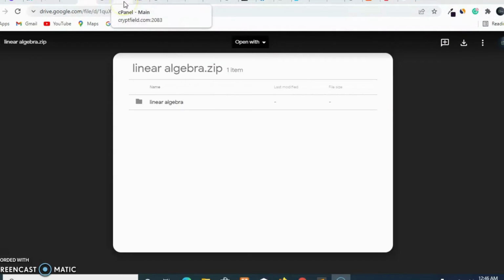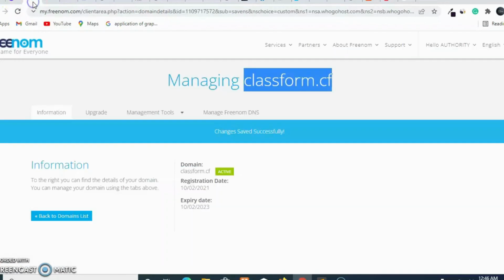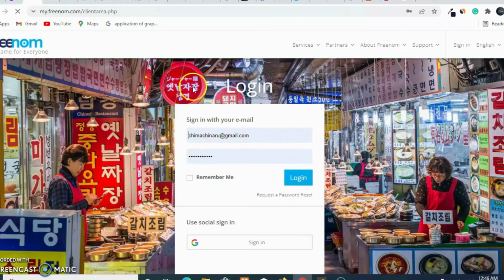Once you download it, go get your domain name and get your host. But if you don't have a domain name and you have a host, you can go to Freenom here. Like I've told people, this is just a secret. Go to Freenom, it's free for 12 months. But if you have like $8 to $10, you can go to Namecheap or any other